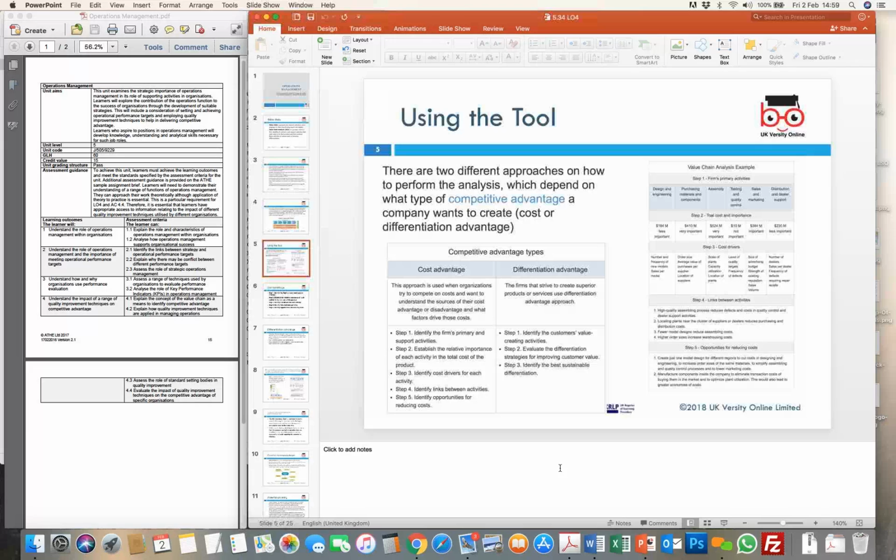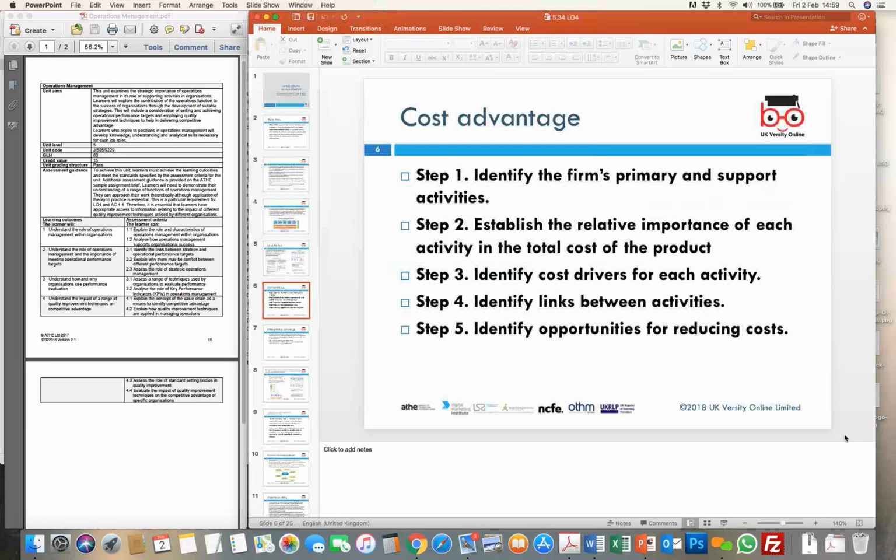Now, this is what this tool helps the organization apply. And when you look at applying cost advantage,